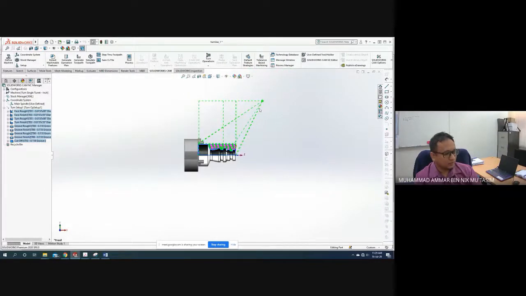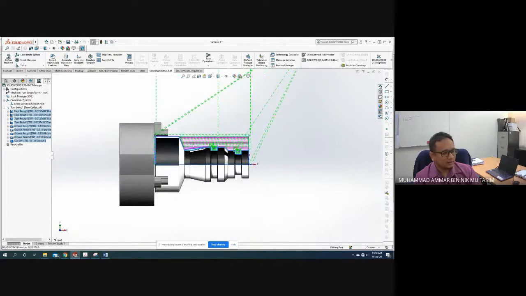Okay, starting from here, it goes down, remove step by step, and then remove sedikit sehinggalah di bahagian ini until it forms. Once you have done that, generate toolpath,